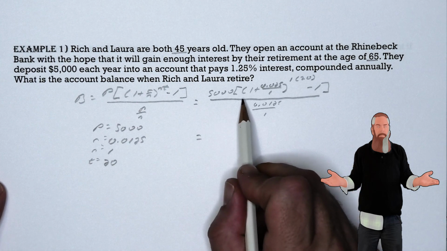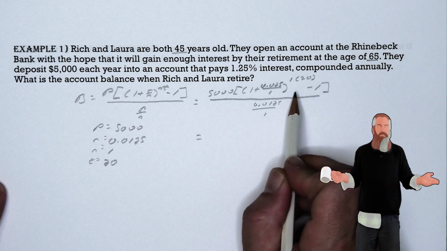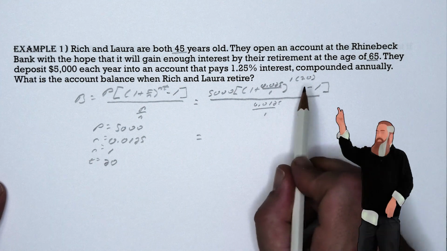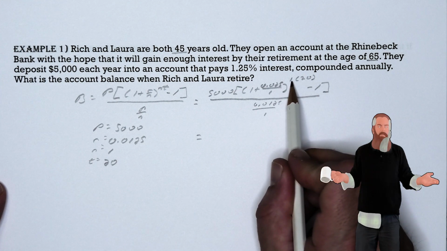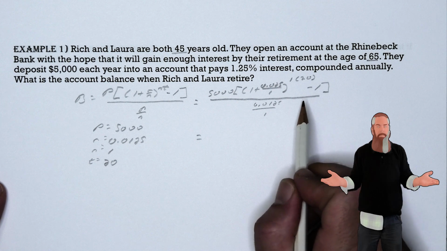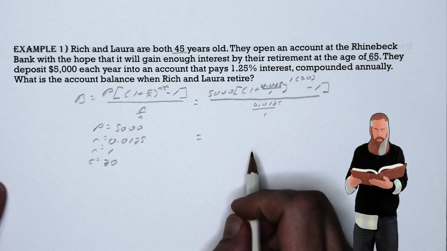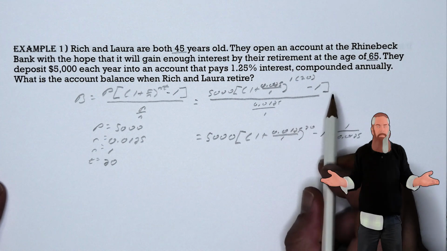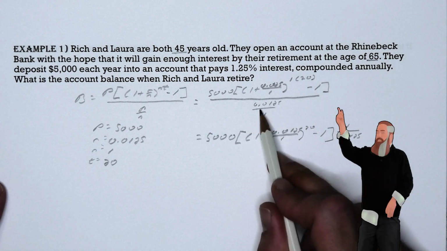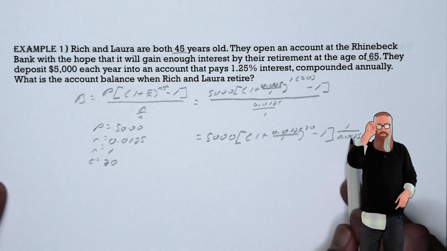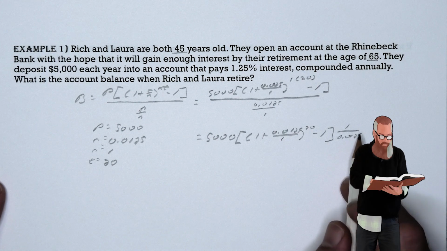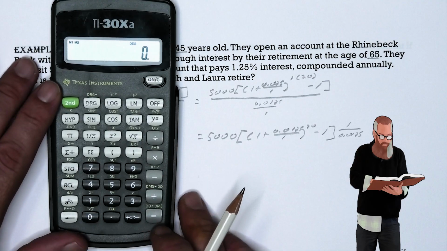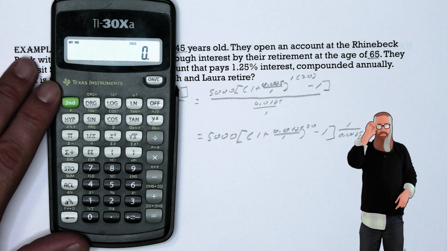So the first thing we can do is substitute all of the values into the original equation. We would go ahead and multiply the exponent as 1 times 20, which is 20. This denominator at the moment seems a little inconvenient. So instead, we can multiply the numerator and denominator by the inverse of this, giving us all one nice, neat equation. To do this on a calculator like the TI-30XA, we would do